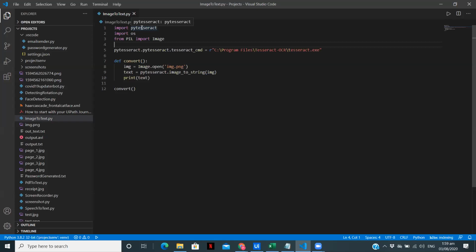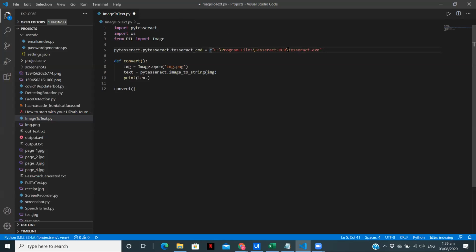Now, if you see the fifth line, that is pytesseract.pytesseract.tesseract_cmd. What I'm doing here is giving the file path of my tesseract installation. You need to specify that, otherwise you will see an error that the pytesseract path is not specified. Now, if you see, there's a small r over here. This r denotes that this is a raw string which we are indicating as a path. As you can see, there is a backslash over here, not a forward slash, so for this reason we are using that r prefix.